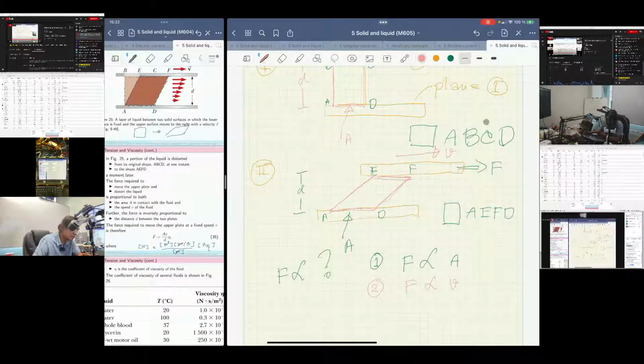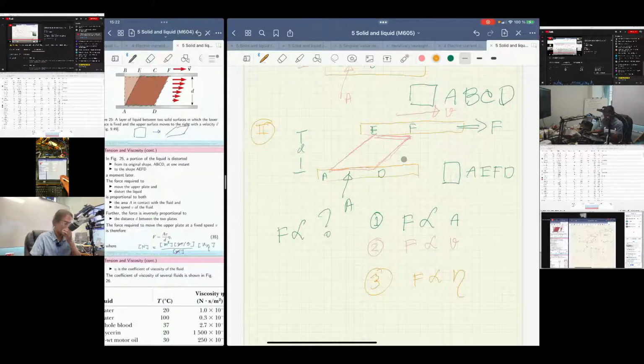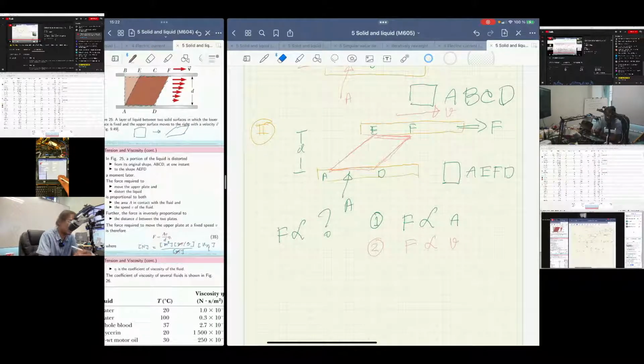And the next thing is that F depends also on the type of that liquid, which is viscosity, okay? F depends on viscosity, and no, sorry for that. There are only three relations, okay? The third one is F